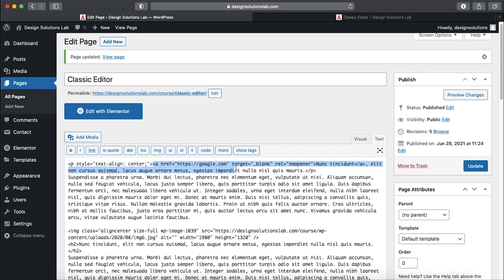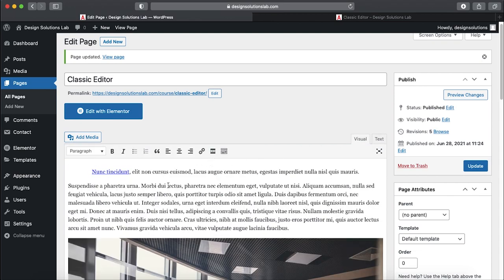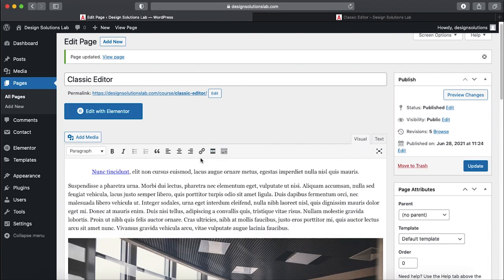Here we have the link to Google with target blank, which means opening a new window. Here is this text, and here we finish our paragraph. From here we start another paragraph. So it looks like here and here. What is better for you? It's up to you. Okay, when we click update